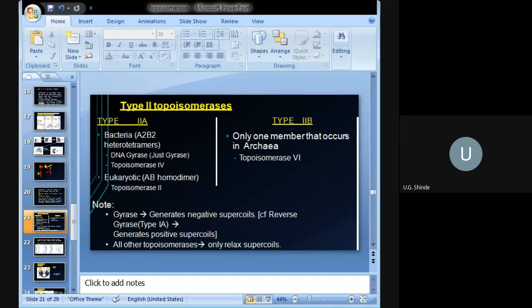So that is the presence of this enzyme only in the Archaebacteria. Right? Now we can see in second difference